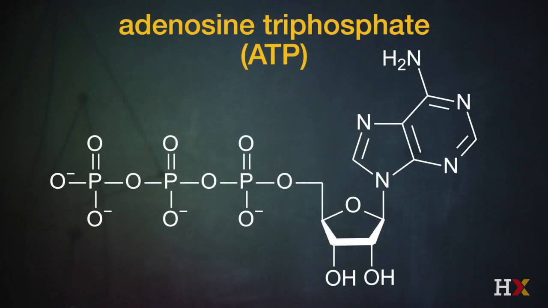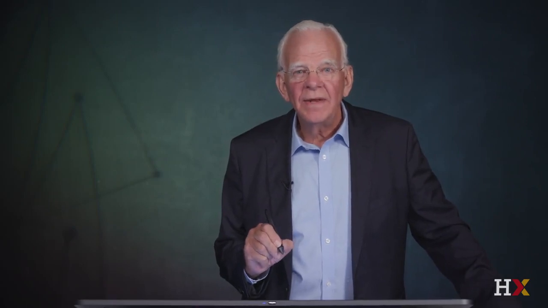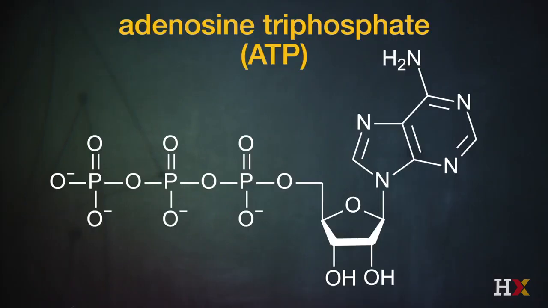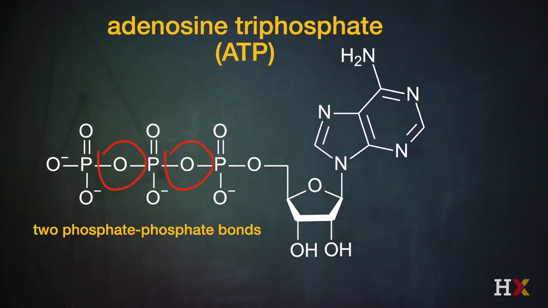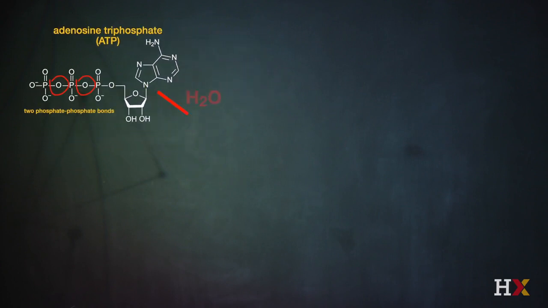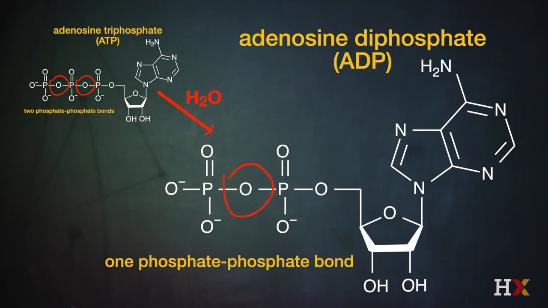The molecular structure of ATP is crucial to understanding how it provides the energy for living organisms. And the way that it does that is that it takes two phosphate-phosphate bonds in the middle of one arm of this structure, and it converts, in the presence of water vapor, the molecule to a single phosphate-phosphate bond,